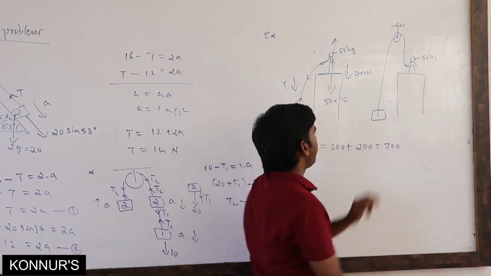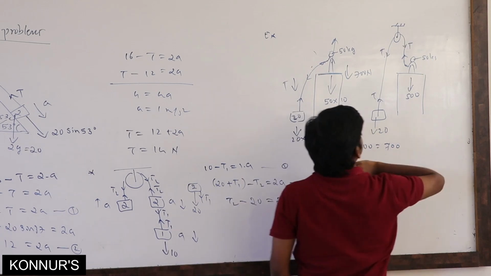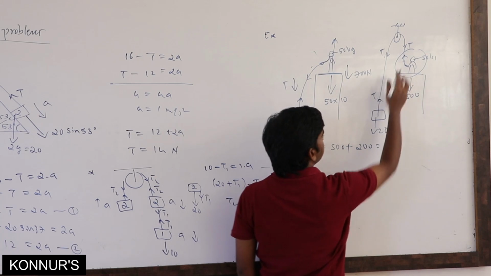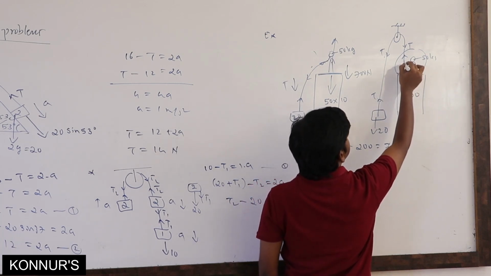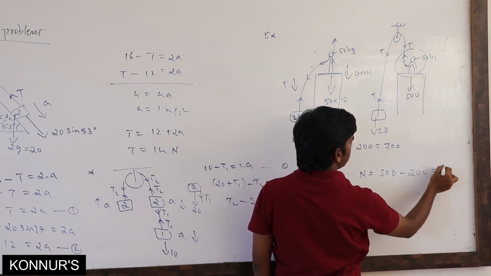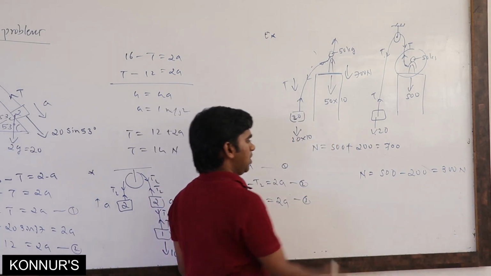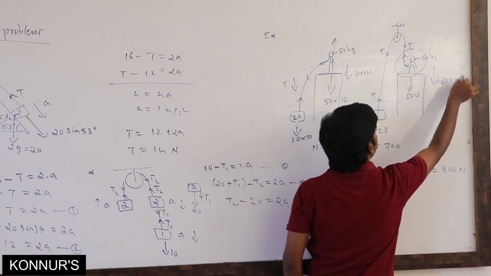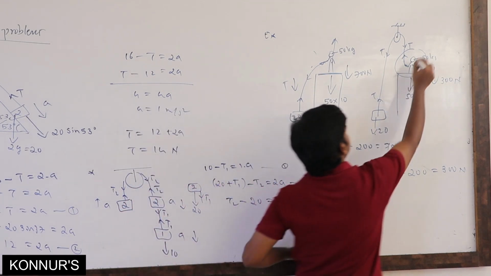If you think here, of course downward here is 500, here it is 20. So at this point, if you look at normal, the downward force is 500. What is the other force? Tension is acting upward. So this 200 will become minus 200. So it will become only 300 Newton. So normal is 300 Newton means on the floor he has to apply a force of only 300 Newton. Which is the better way? The better way is this one.